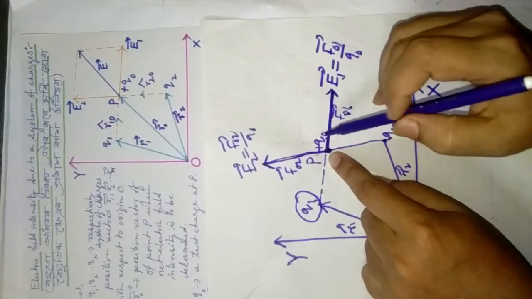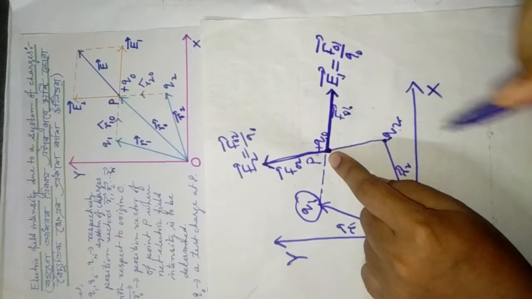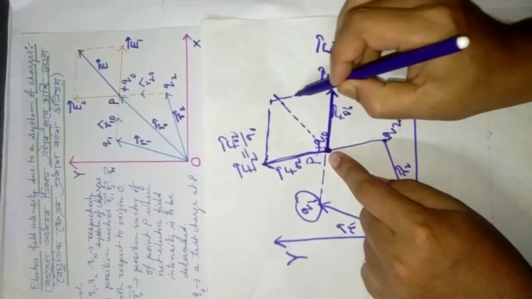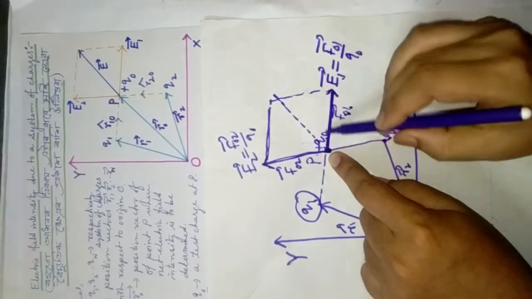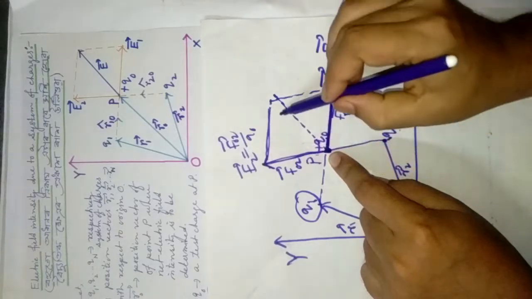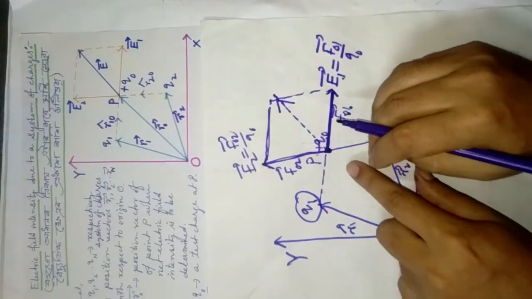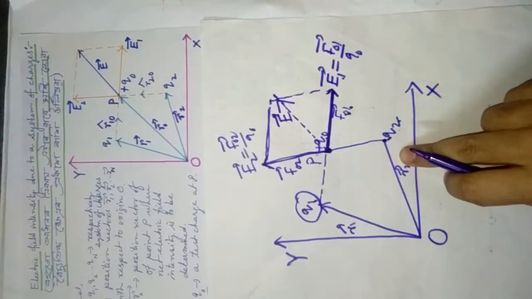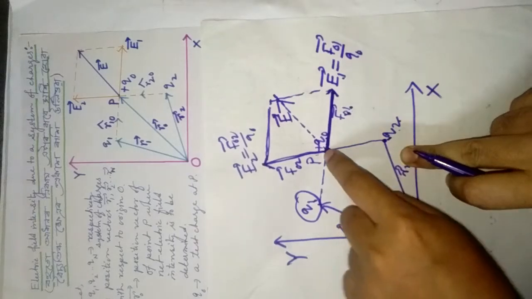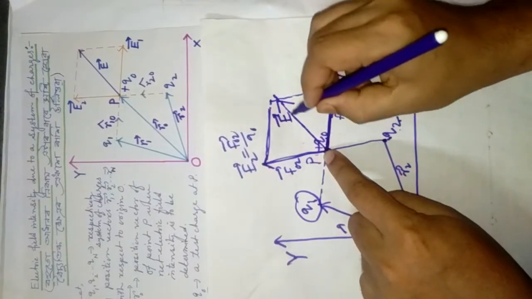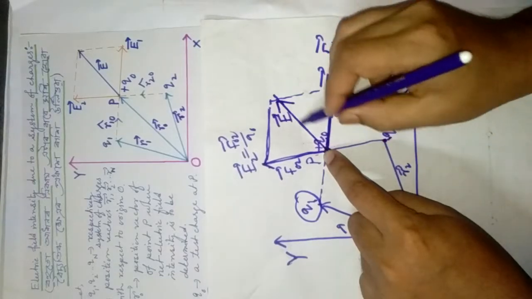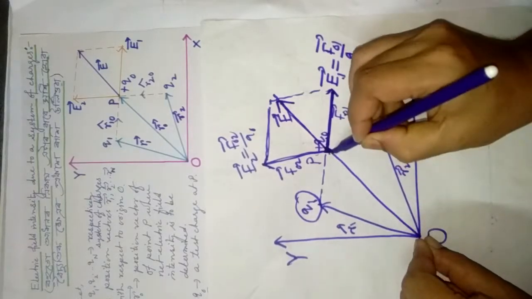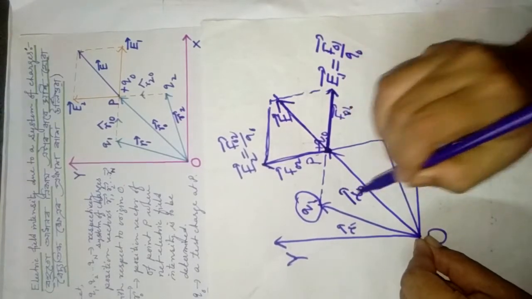Now what is the net electric field intensity? You know the parallelogram law of vector addition. Since these are vectors, we have to make a parallelogram. This line is parallel to this vector, and this line is parallel to this vector. Now this is the diagonal, and this diagonal will give you the resultant electric field intensity E bar. That means due to q1 and q2, this is the net electric field intensity E, and its direction is this one. Suppose the position vector is here, I forgot, r0 bar.